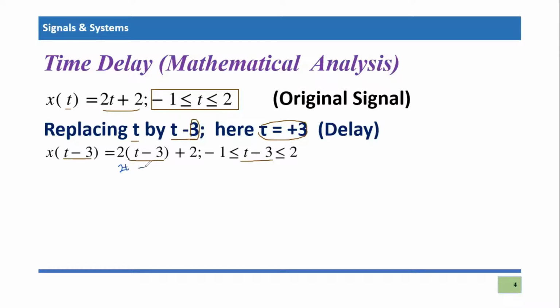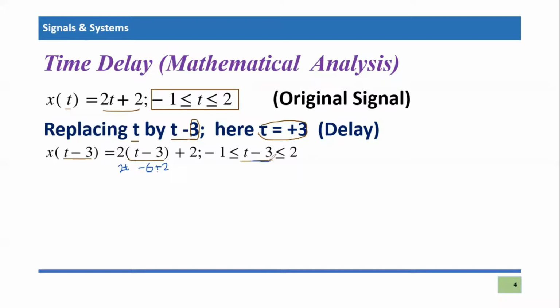2 minus 3, it would become -6, and that would be simply +2, okay? And if you are noticing it, now this is a two-sided equation, or an equation having two different inequalities. So you are going to shift this t because we are going to resolve this equation for the time variable, right? So we need only t here.